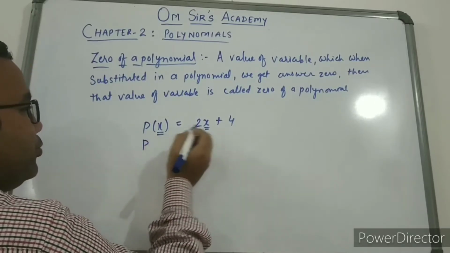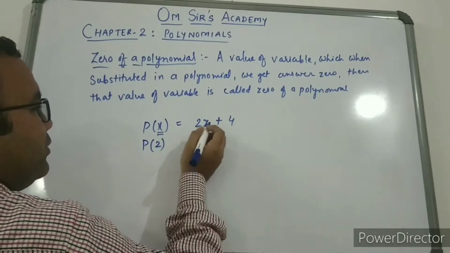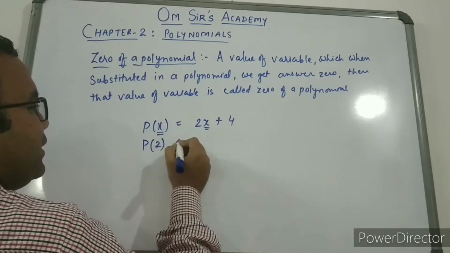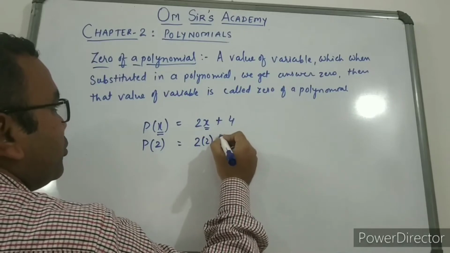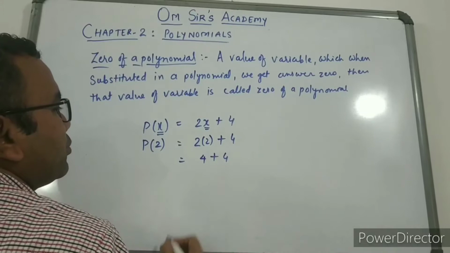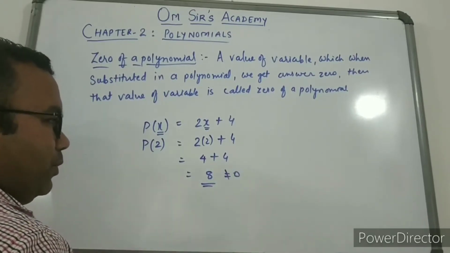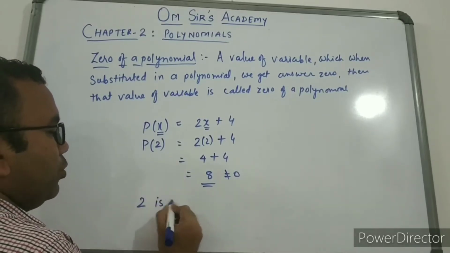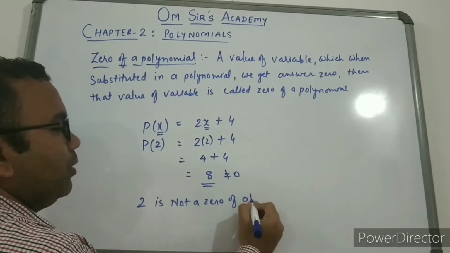So if we substitute the value 2 instead of x, instead of p(x) we take p(2). So substituting this value 2 in this polynomial, we'll get the answer what? 4 plus 4, that is 8, which is not equal to 0. So in this case, this 2 is not a zero of the above polynomial,